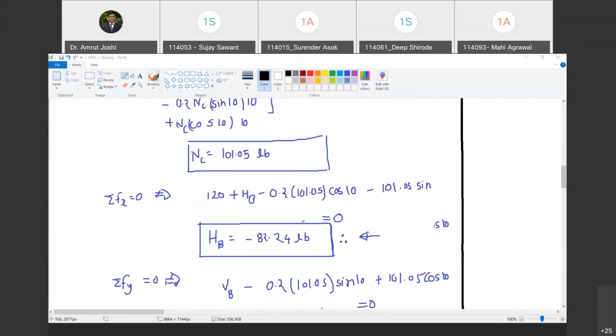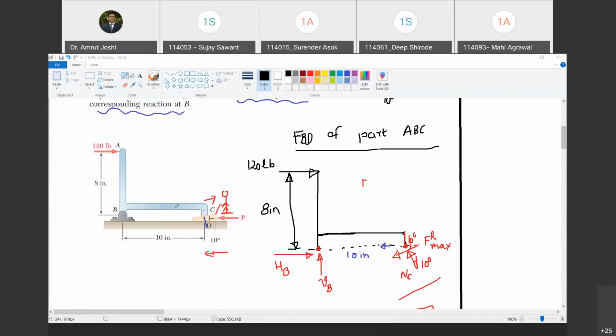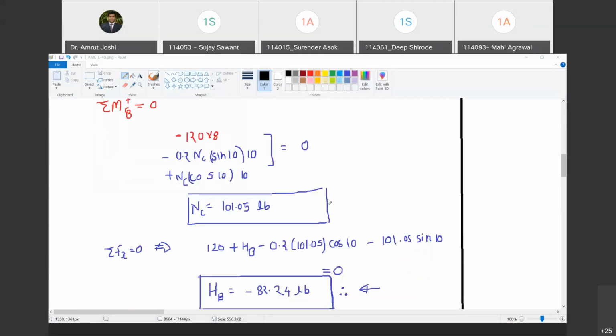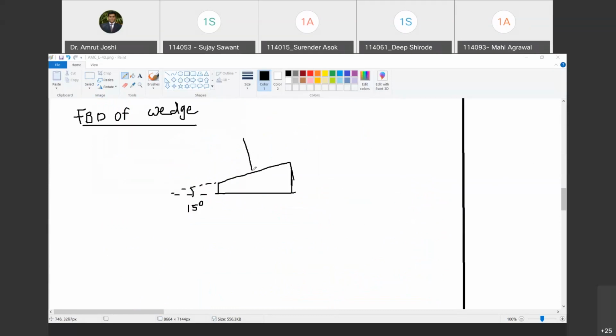Okay, Mahi. Now we have in the free body diagram of this machine part, we have already established the value of NC. Do you agree with me? Yes, sir. What is NC? NC is the normal reaction offered by wedge on the machine part at C. Do you agree with me? Yes, sir. So what the machine part must have been doing on wedge, it must be applying equal and opposite force by Newton's third law. Do you agree with me? Yes, sir. So therefore, we now need to show this NC equal in magnitude but opposite in sense.